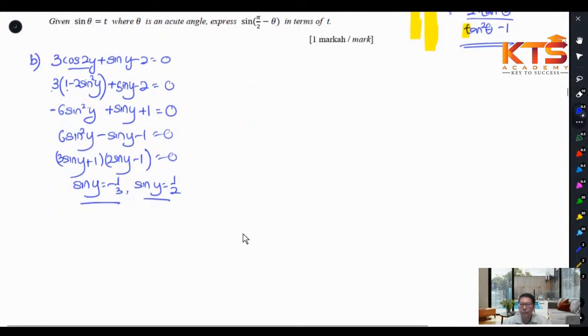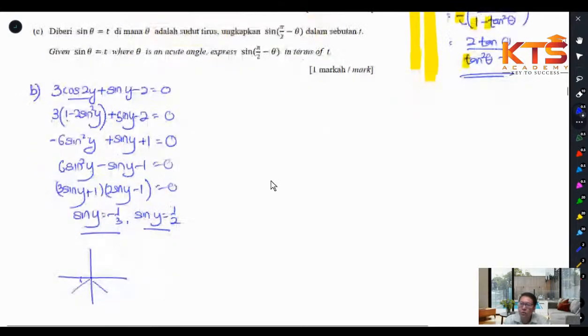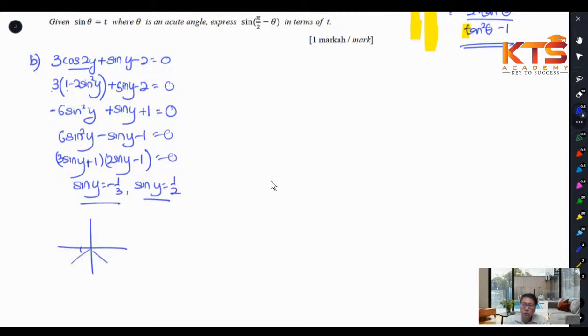Sine negative, first thing I need to know, sine negative is where? Over here. Okay, and what is the reference angle? Wait, the question asks in between 0 to 360. Okay, good. Not in radian. So shift, I want to find the acute angle, the reference angle. Shift sine 1 over 3 is 19.47. 19.47. So the y will be